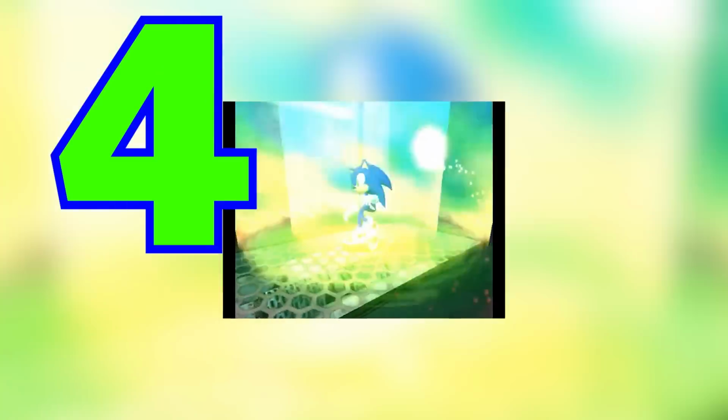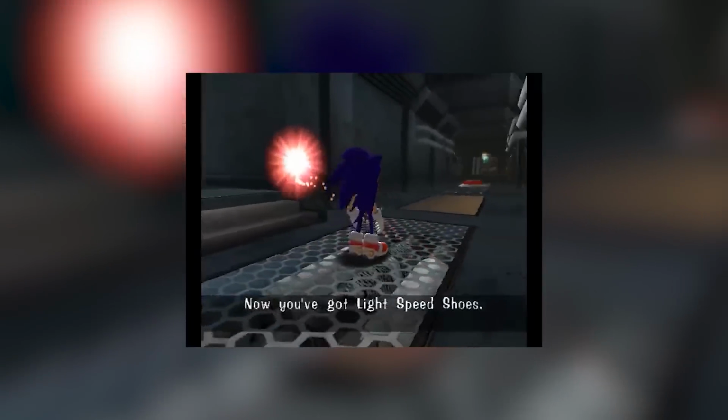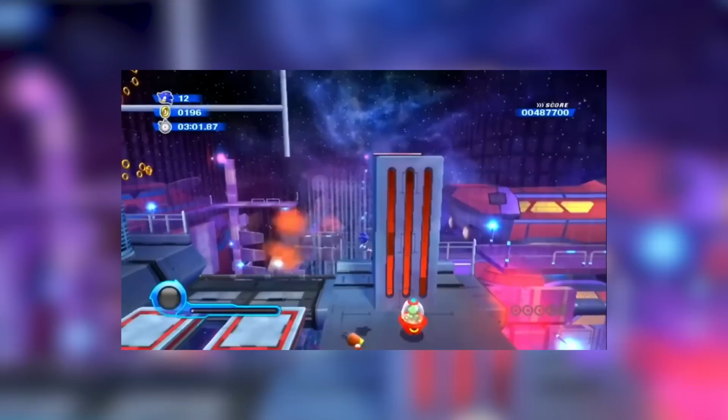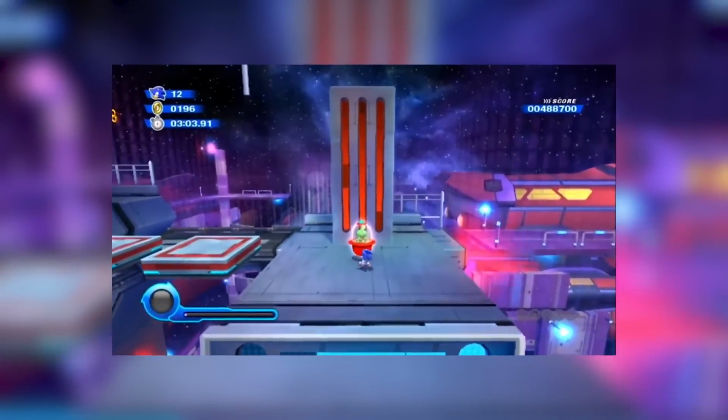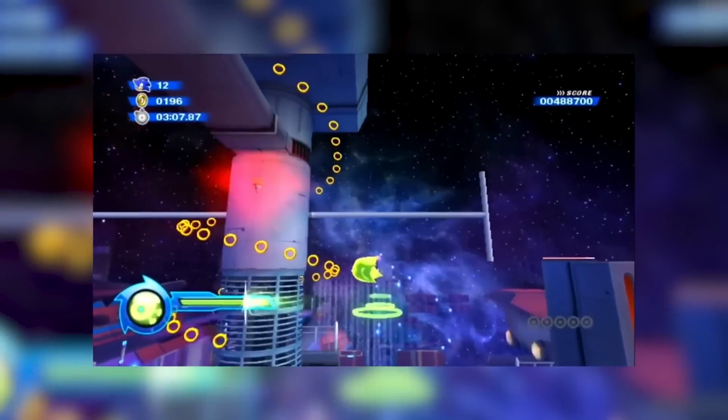And coming right on in at number 4, the Lightspeed Dash. So if you guys have been a fan of Sonic the Hedgehog for quite some time, then you guys know exactly what I'm talking about. And so this would actually be super simple to implement. All you'd have to do is press a button, and the character would actually Lightspeed dash through all the rings,